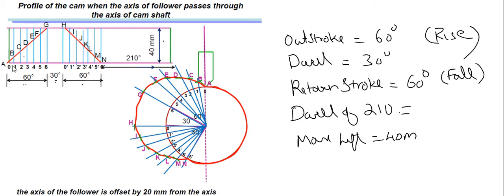And we can divide this six. We should be able to scale it. That is, you can take 1 degree is equal to 1 centimeter. So you can take 6 centimeter for 60 degree, 3 centimeter for 30 degree, 6 centimeters for again 60 degree, and 21 centimeters for 210 degree. Then we can divide this line into 6 equal parts. Then you can draw a diagonal and you will get this B, C, D, E, F, G like this. Also H, I, J, K up to here.